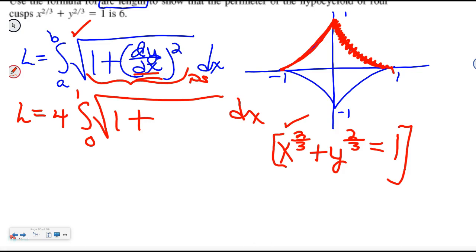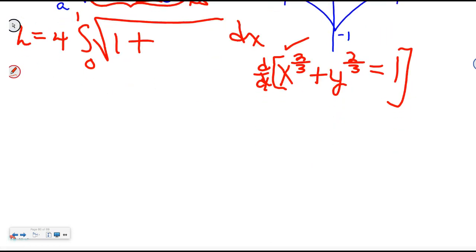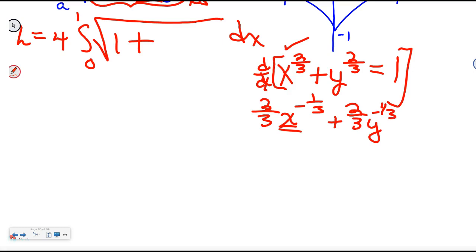All right, anyway, back to here. I need to take the derivative of this guy. All right. Let's go do that. This is actually chain rule. This would be 2/3 x to the -1/3 times the derivative of the guts, and dx is 1. But on the other one, good implicit review, it'd be 2/3 y to the -1/3 times the derivative of the guts, and dy dx is